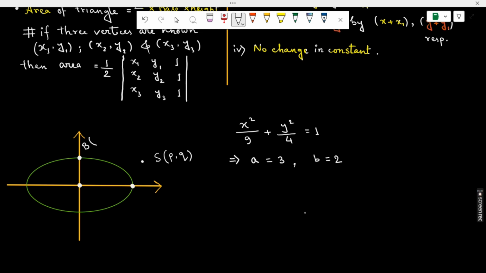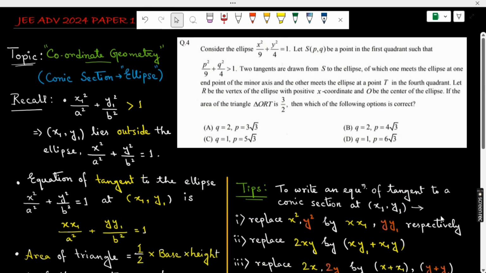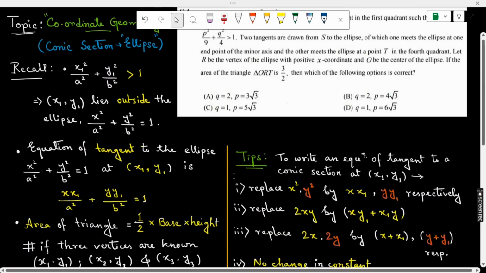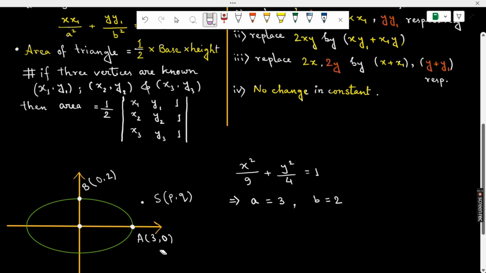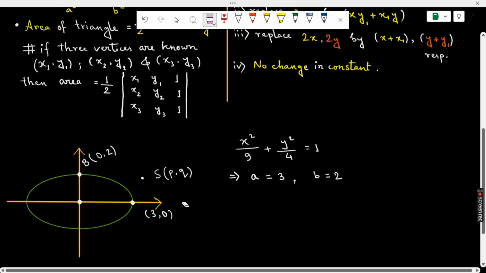So a equals 3 and b equals 2. So this is nothing but (0, 2) and the vertex A is (3, 0), but the name of the vertex is given here. Let R be the vertex, so we should name it as R,